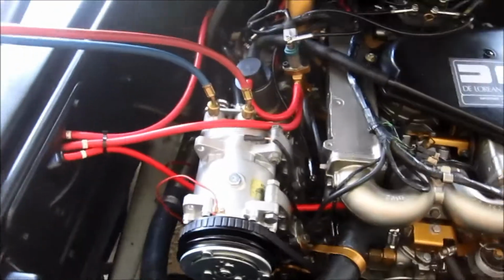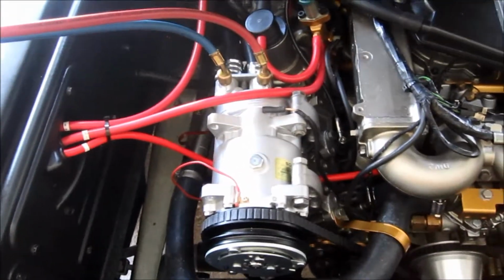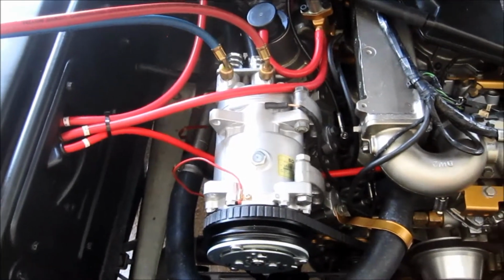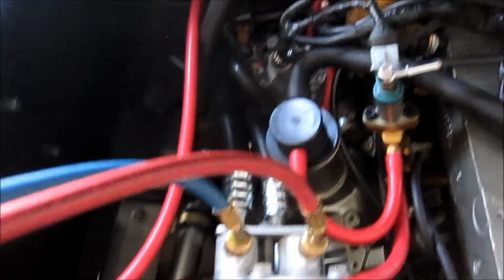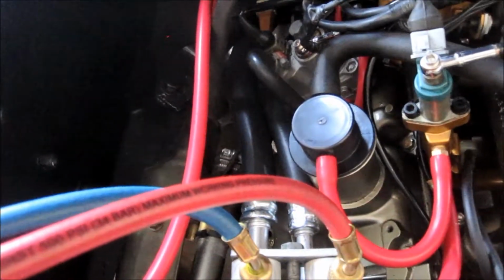Okay, so it looks like I got everything fixed on this. Turns out that it was probably an evaporator problem that was causing my major leak, and I got that replaced, and I also replaced my high pressure line. Well, in fact, I replaced all of my AC lines, but I think primarily it was my high pressure line